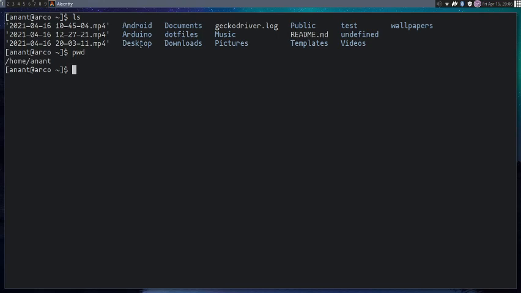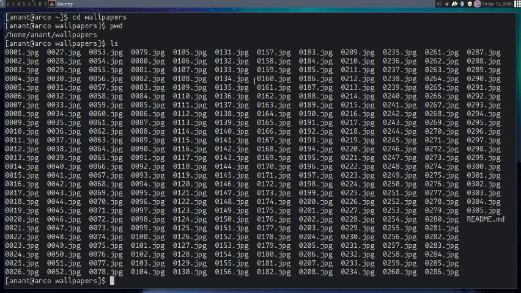So how do I change directories? If I want to go into my wallpaper directory, I will write cd wallpaper. Don't misspell it, otherwise it will not detect it. Now you can see I'm in the wallpapers directory. You can also see by pwd, it is showing I'm in home, followed by a slash and the wallpapers directory. If I do an ls, there are almost 305 files currently.